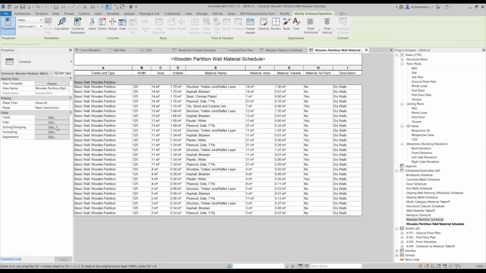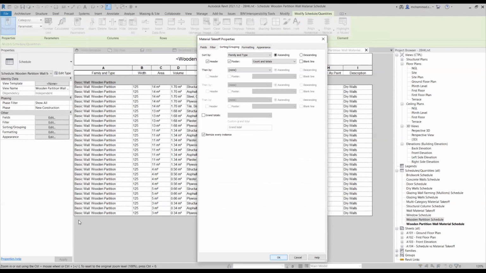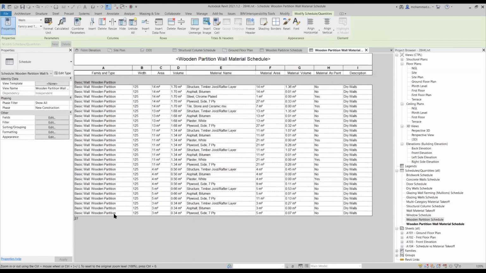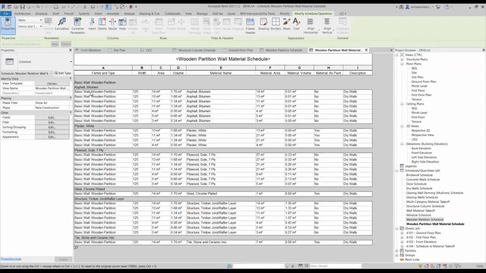So if I get the total of this schedule as a count, for example, I'm going for counts and totals. 27 families are registered in this case. These are not registered according to the families. These counts are actually according to the material. So materials are given priority in this case. So for example, now we can also do sorting and grouping according to the material name and create groups of different materials. So as you can notice, different materials are grouped together and we got different materials in this case.